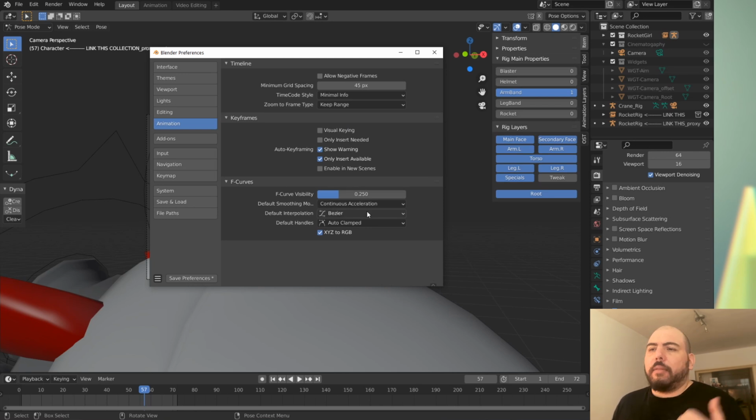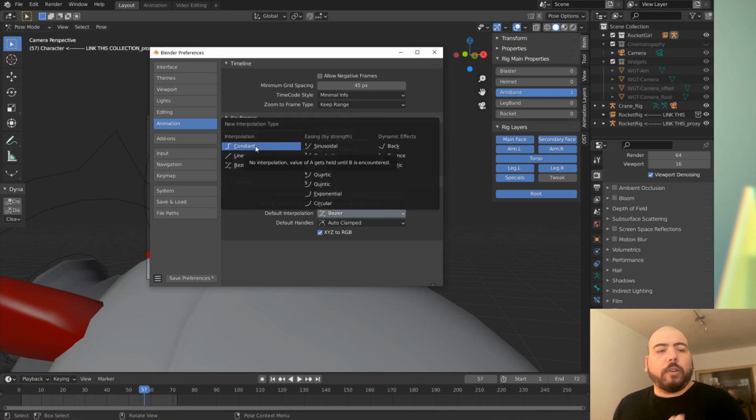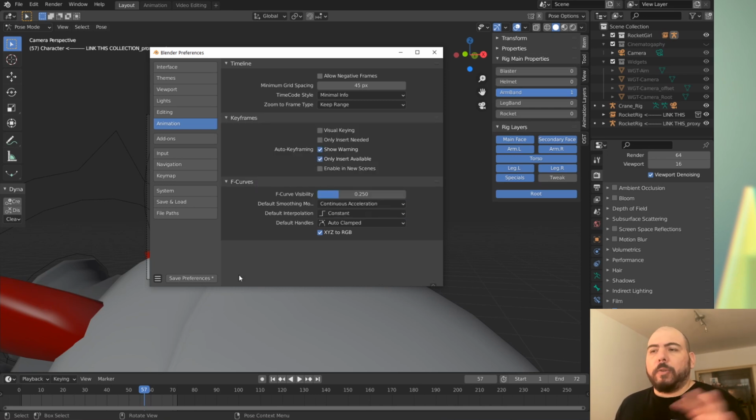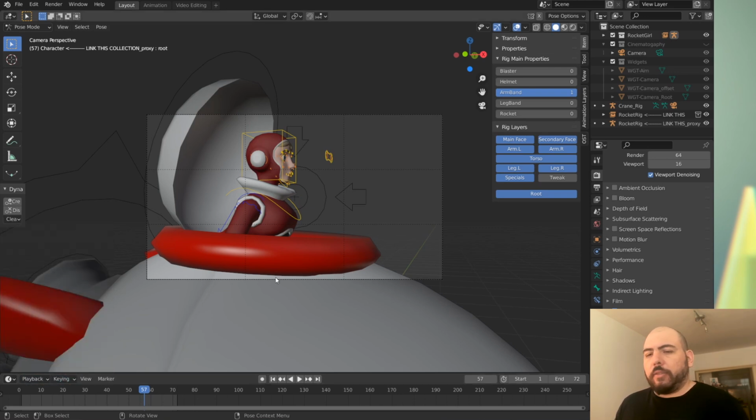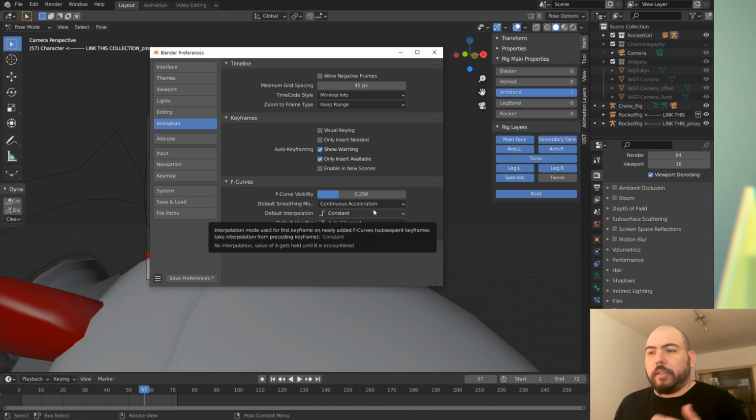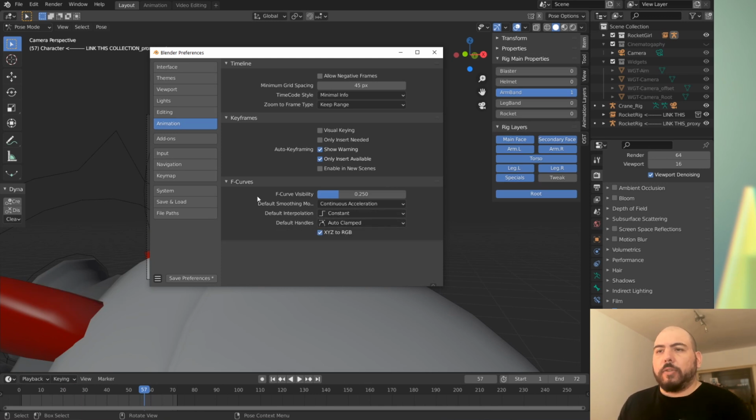And then I'm gonna turn my default interpolation into constant so I can do blocking with stepped keys, which you can change later. I think you can change it here as well. Nope, there used to be a time that they had put it here and they got rid of it, sadly, because it's a good idea to have it handy. You want to change those things often. Then negative frames we don't need.